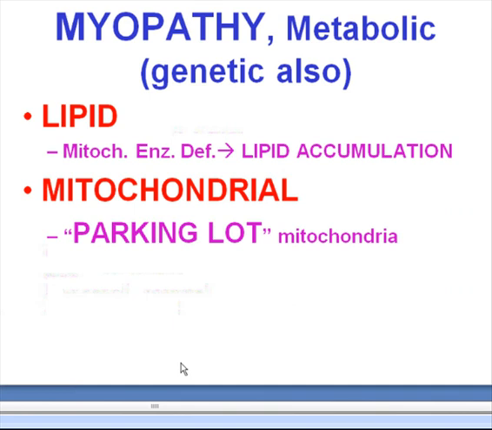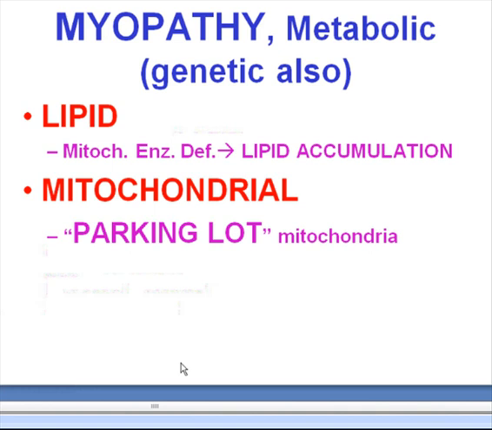In this one, you have an enzyme which is not working, and therefore you have an accumulation of fat. And if this was an H&E, all this stuff would be washed out, and we'd just say there's too much fat in this muscle. But in this case, they actually preserved the fat. They probably didn't pass it through the xylene, and then they stained it with something that stains for fat. So you can see all this fat accumulation. That's a lipid